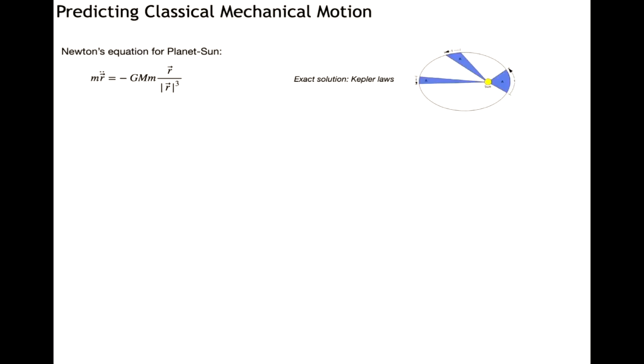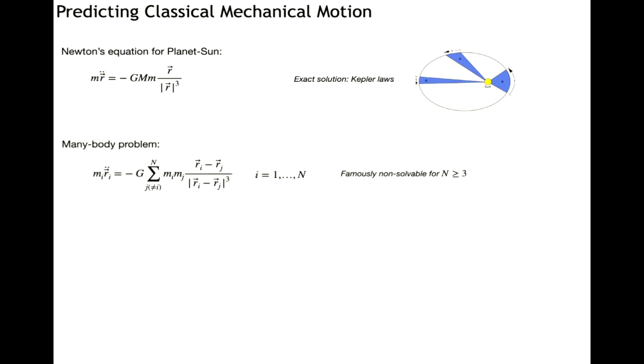So let me take a minute to remind you how this works in the context of classical mechanics, right? One of the early drives to develop classical mechanics was to explain planetary motion. The motion of a single planet orbiting around the sun is described by Newton's equation. This equation can be explicitly solved, and this exact solution tells us a great deal about the astronomical observations, right? Now, when we move to the problem of many celestial bodies, call n their number, we deal with n Newton equations, and this problem is famously non-solvable even for n equals 3,